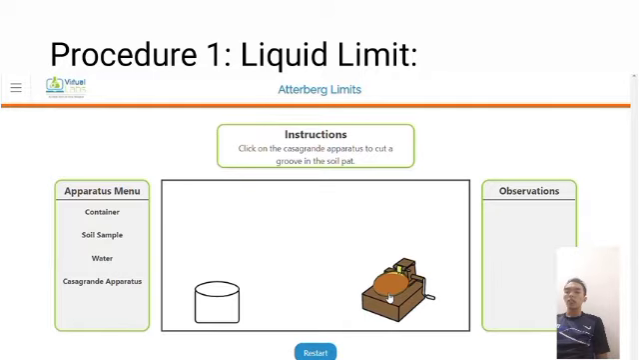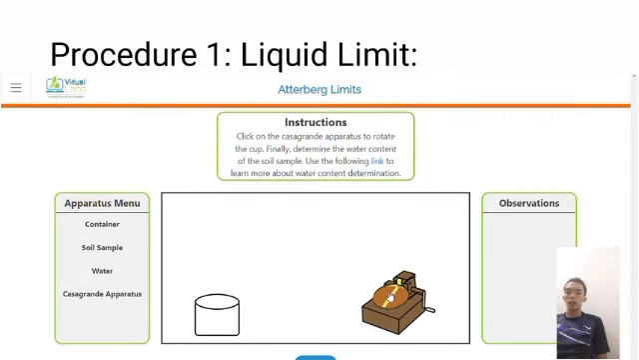Carefully cut a clean, straight groove down the center of the cup by using the grooving tool. The tool should remain perpendicular to the surface of the cup as the groove is being made. Use extreme care to prevent sliding the soil relative to the surface of the cup. Make sure that the base of the apparatus below the cup and the underside of the cup are clean of